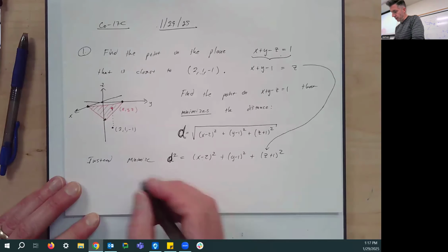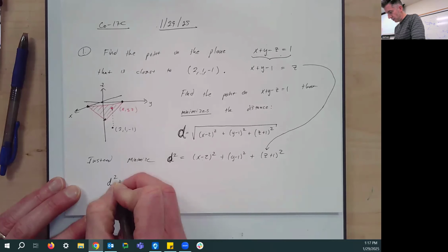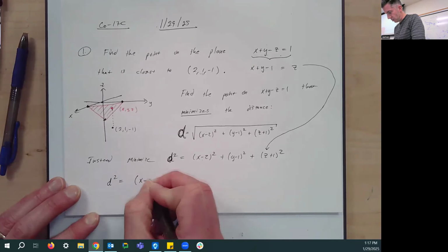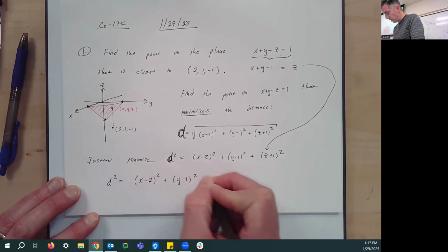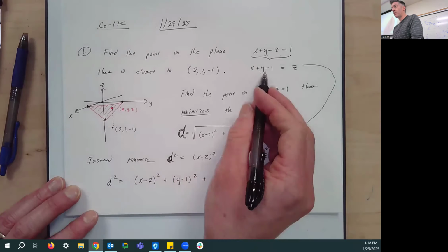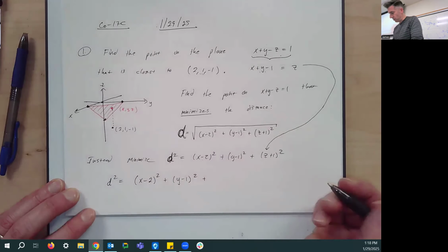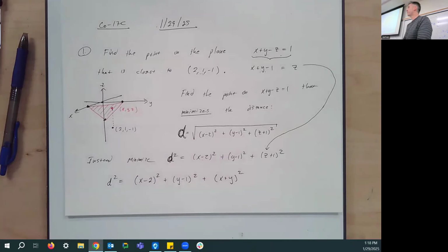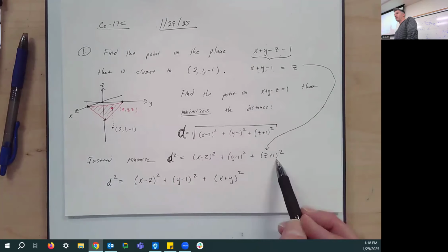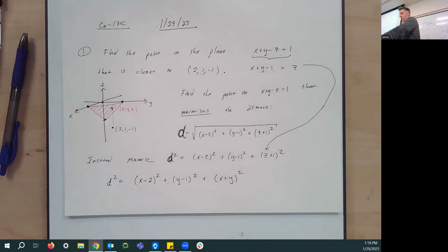And we'll get that D squared is equal to X minus 2 squared plus Y minus 1 squared plus X plus Y minus 1 plus 1. Let's just cancel those ones real quick and say we have X plus Y squared. I plugged in X plus Y minus 1, but then the plus 1 cancels the minus 1. So now we're going to do the usual thing. We're going to find the partial derivatives, set them equal to 0, find our critical points, and then I think